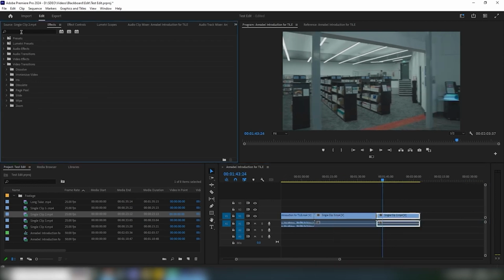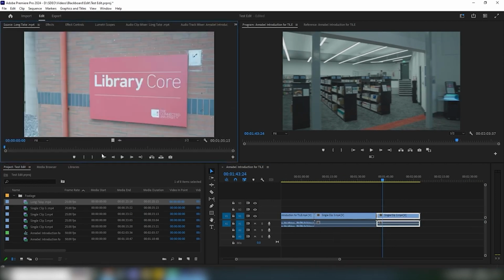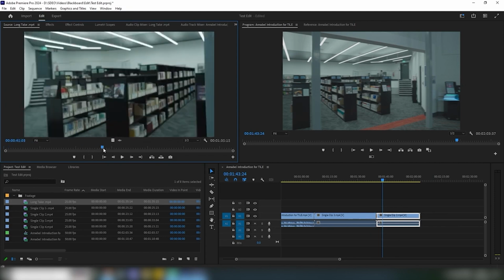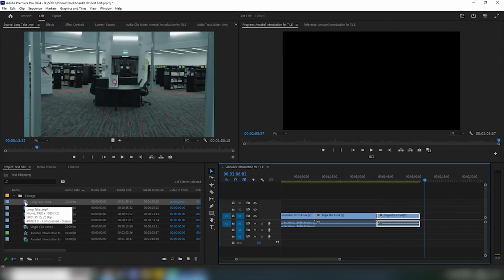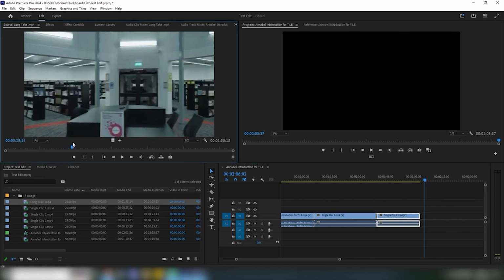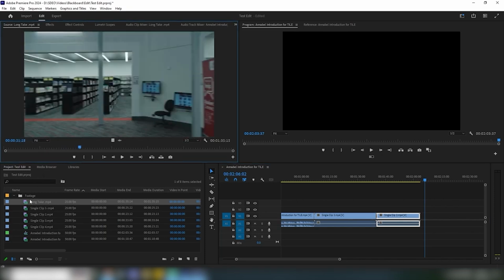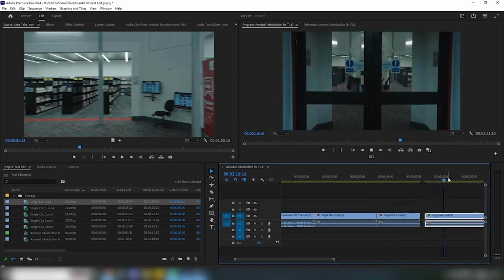For those of you who are doing something fancy and you've decided you want to walk with a camera, I believe I've got this one here, does a little bit of walking. It might be a bad example, but I'll show you anyway. I've shot this handheld, so let's say I've used my phone, for example. I'm going to drag that clip across on the timeline, and you're thinking, oh, that's so shaky,